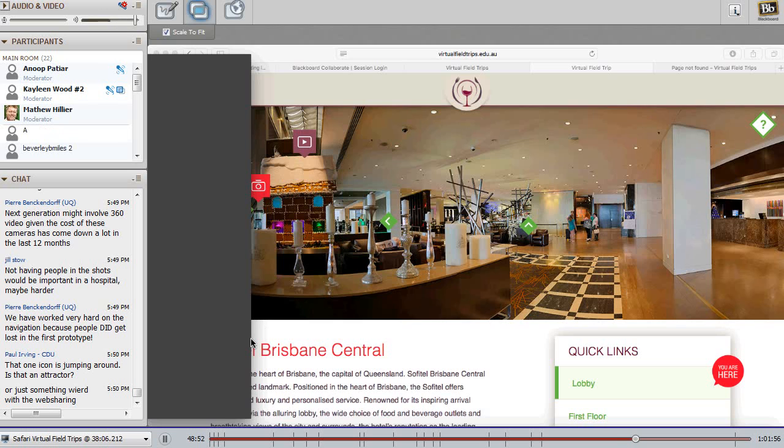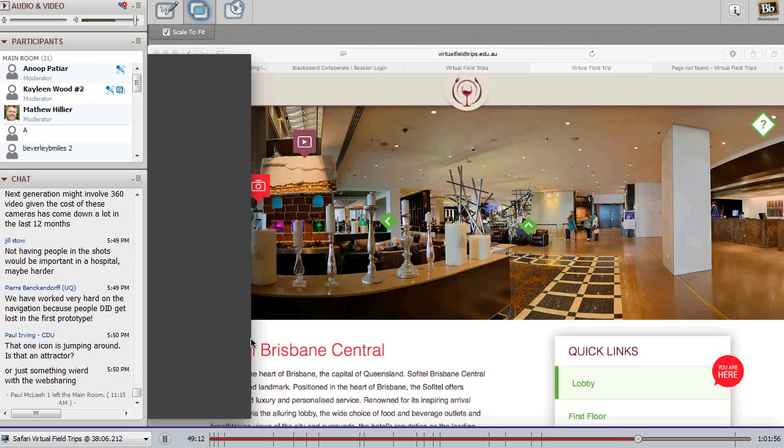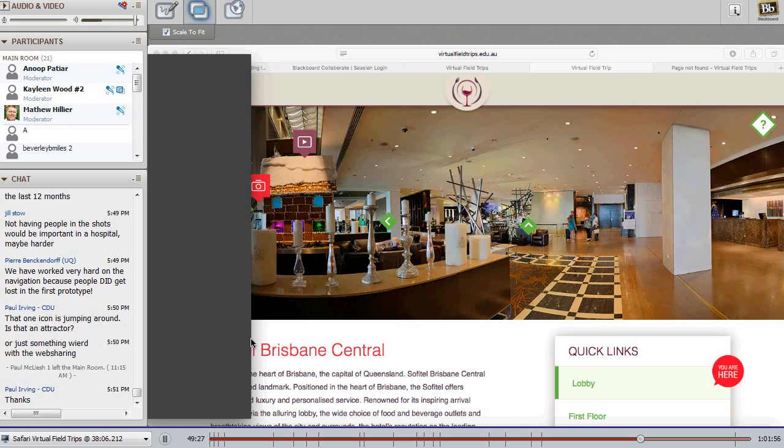Someone's asked a question about the one icon that was jumping around. It's attractive. I think they jiggle around when you get close to them. Yeah, I think the system is running slow. If there's an issue in the connection, sometimes it takes longer. But what I find is when I'm in the university and I click on these, it just opens up straight away. Certainly if there is a weak connection, sometimes it just jumps up and down and takes a bit of time to open up.